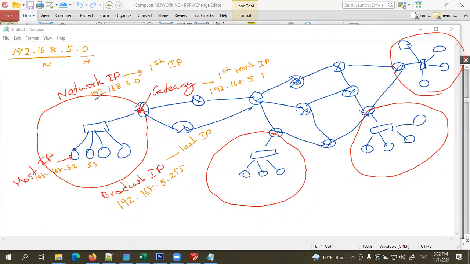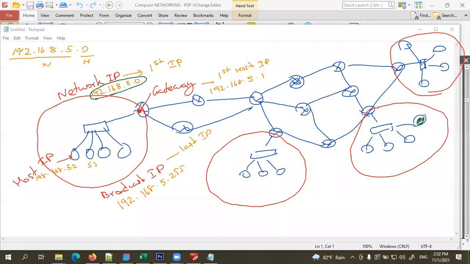Now, this network IP is very important. That is because all these routers are going to keep a record of this network using this network IP. All these routers will be automatically updated when we assign an IP address to the network. Each of these routers knows where this 192.168.5.0 network is.